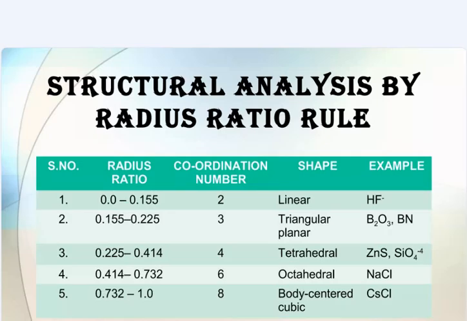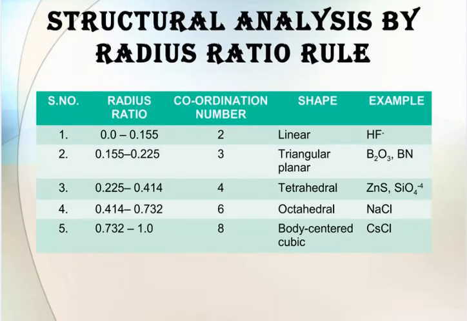Now structure analysis by radius ratio rules. If you have the ratio 0.1 to 0.15, linear; 0.15 to 0.22, trigonal planar; 0.22 to 0.4, tetrahedral; 0.4 to 0.7, octahedral; and 0.7 to 1, body centered cubic. That is very important information. You have examples like this: cesium chloride, body centered; sodium chloride, octahedral; zinc sulfide, tetrahedral; B2O3, trigonal planar; and